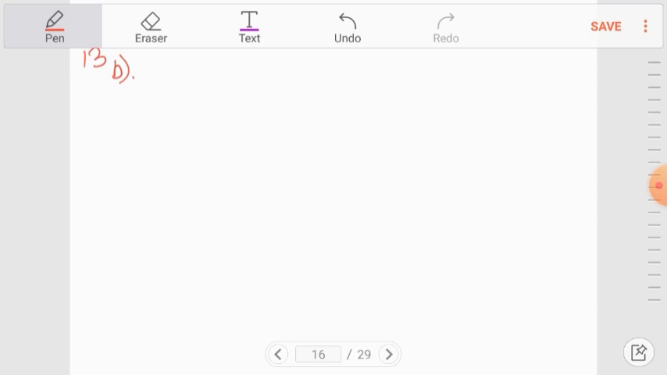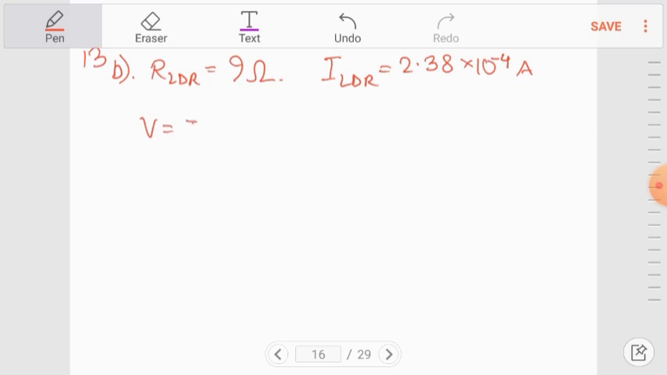the resistance of the LDR was about 9 ohms. Even though the lights are on or off, it doesn't really matter, the amount of current flowing through the circuit, so the current for the LDR would still be the same, that is 2.38 into 10 to the power negative 4 ampere. Now we can use the equation V equals IR, and you just input the values, that is 9 into 2.38 into 10 to the power negative 4,